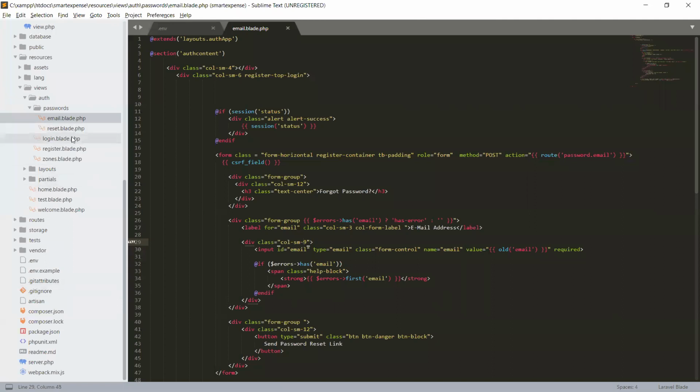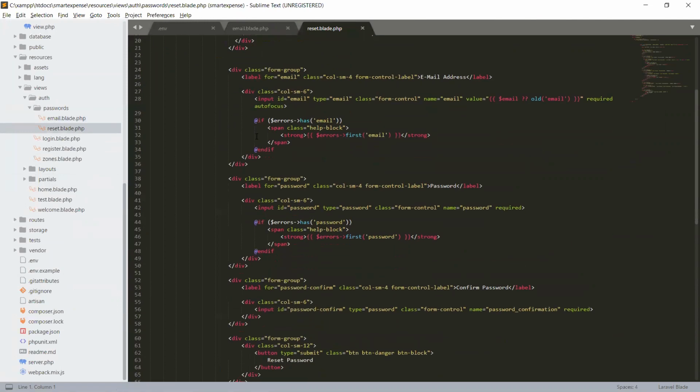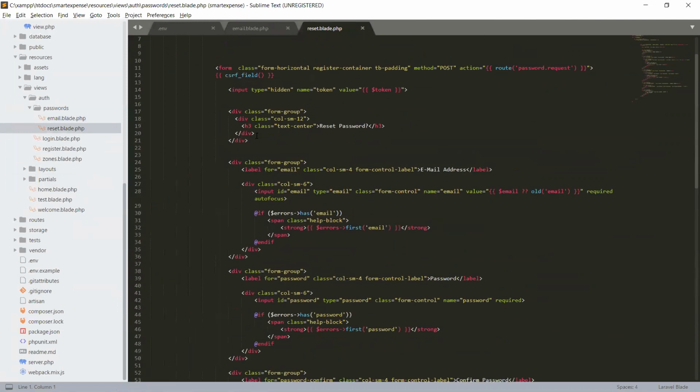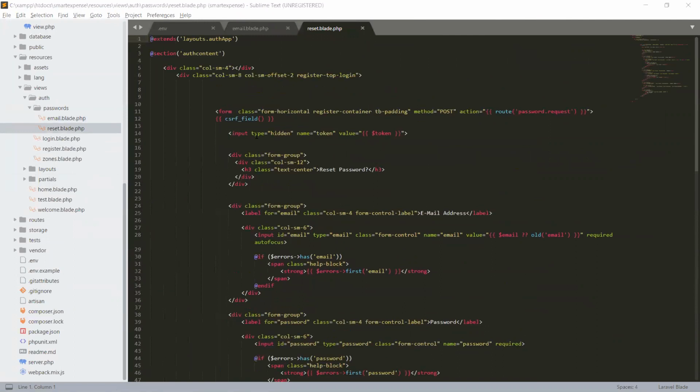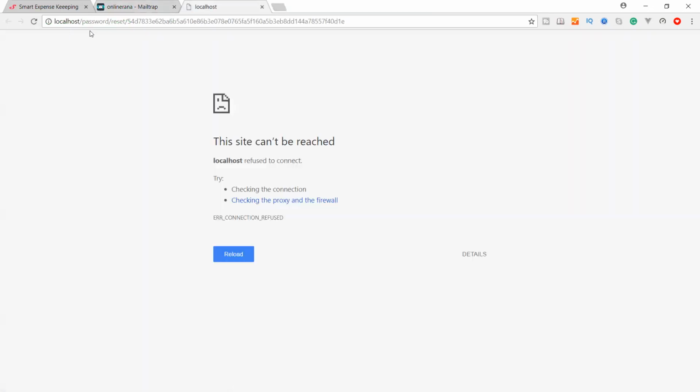So we can see reset.blade. These are the customizations that we have done in some of our previous lectures. So now this is the time we can see this layout, how it looks. Okay, so simply click on this link and it will go to the link.